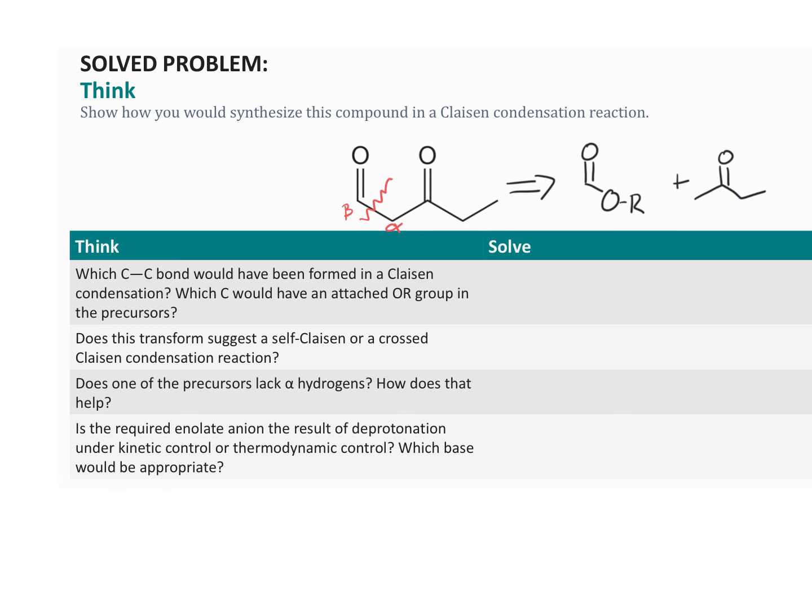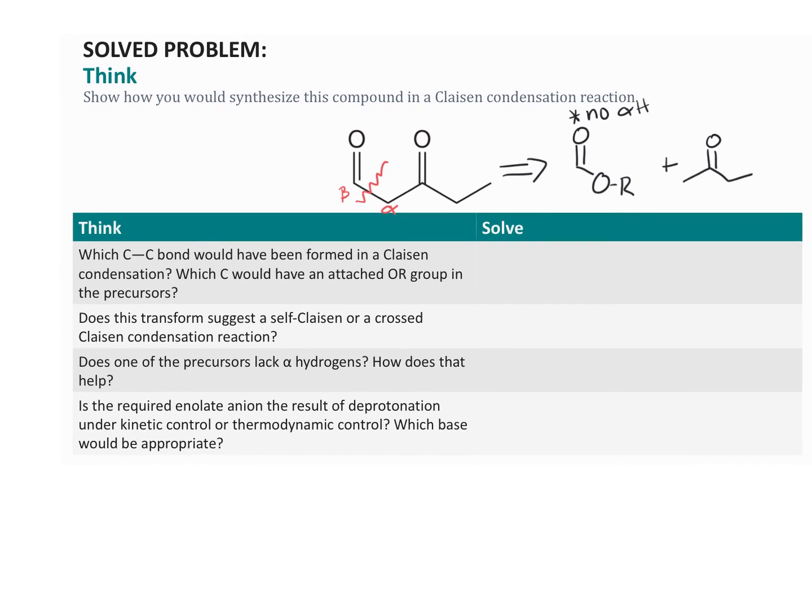So this would end up helping us. Again, this one has no alpha hydrogens, and it will not undergo a self-Claisen condensation, so we should be able to do a crossed Claisen condensation reaction with this. So let's think about how to do this in the forward direction. If we start with this one,